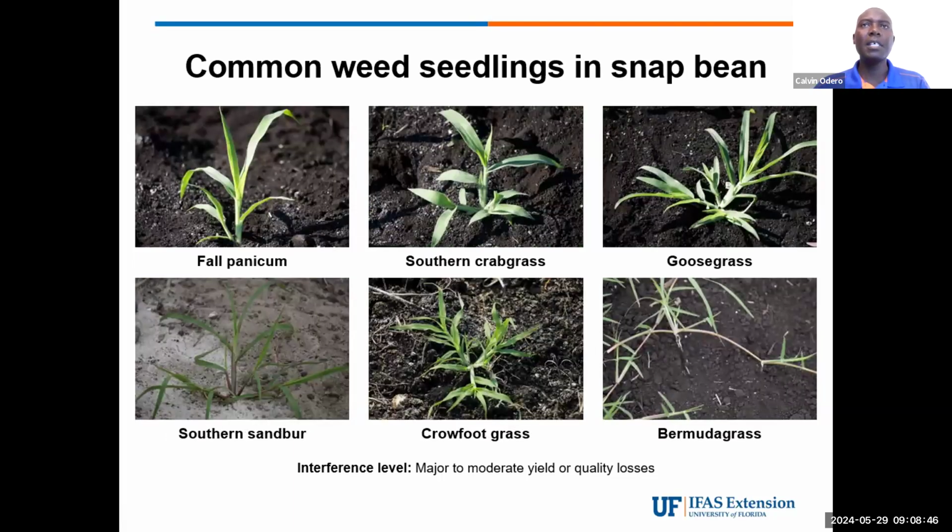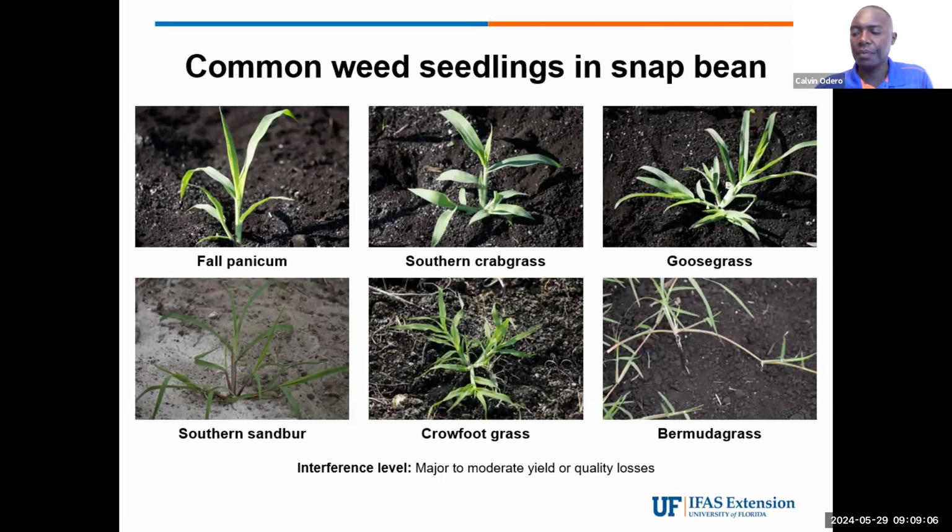For grasses in the bean crop, grasses are relatively easy to control with some of the graminicides, Select or Post. Does a very good job in managing them. But some of the common ones that you see in beans, depending on whether you're on muck or on sand,